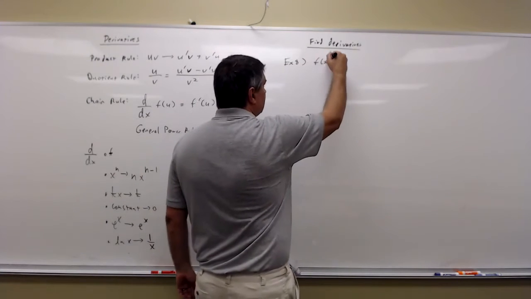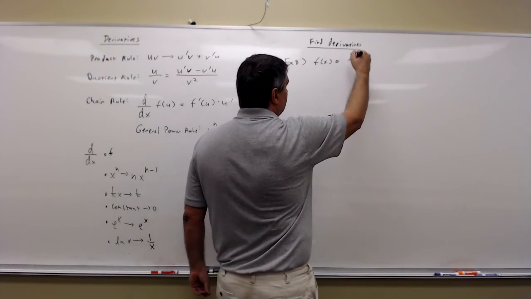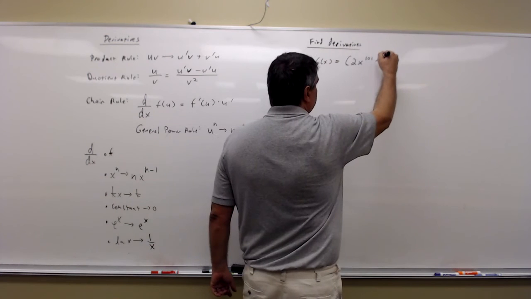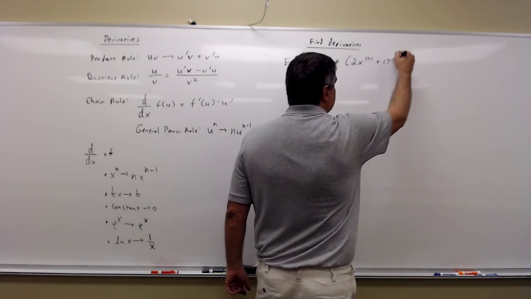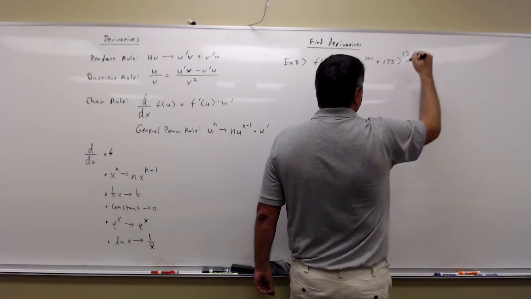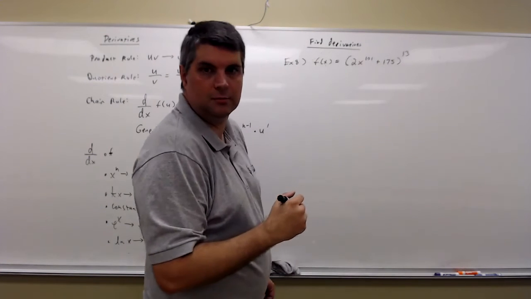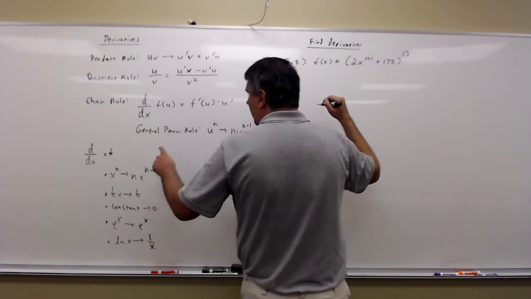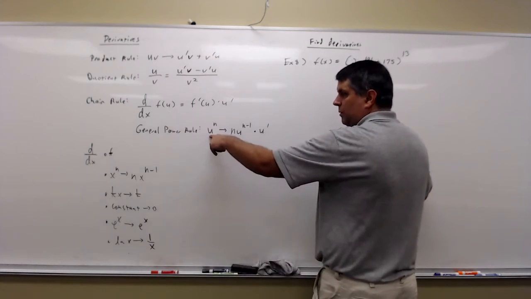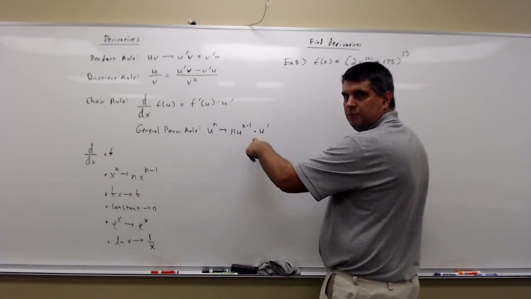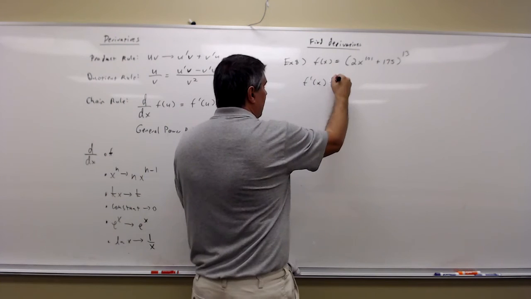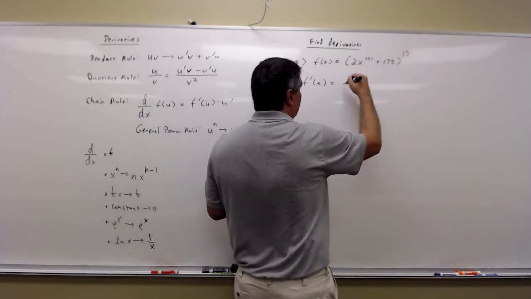f of x equals 2x to the 101st power plus 175, all to the 13th power. So we're going to follow a version of the chain rule called the general power rule. This comes from the chain rule. It's a subtype. So f prime of x equals, we're going to take the 13 to the front,